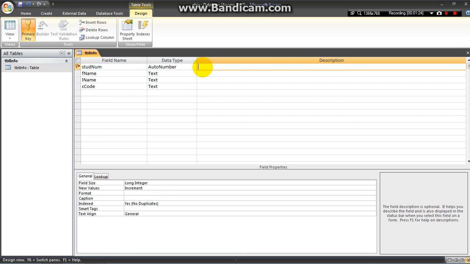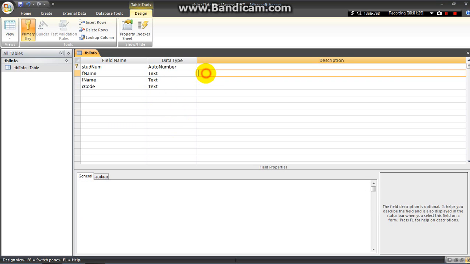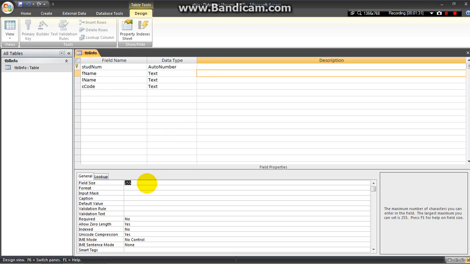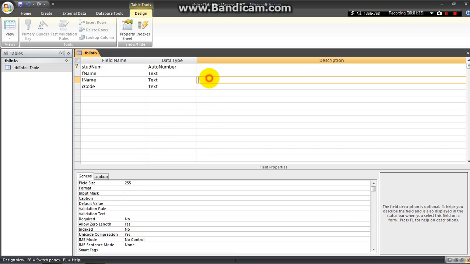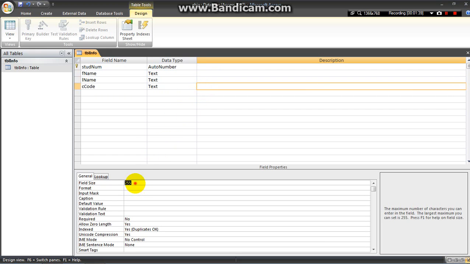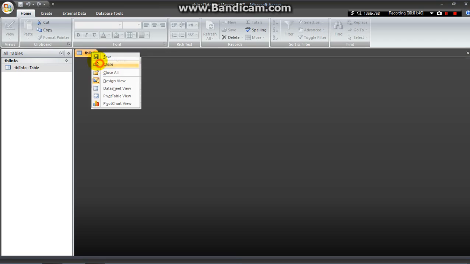Don't forget the field properties, the field size. Studnum is default, and fname is 50. Lname is also 50 and Ccode is 6. Right click and then save. And close.